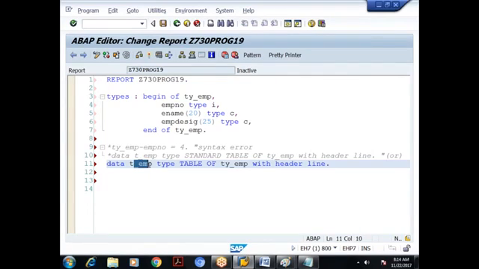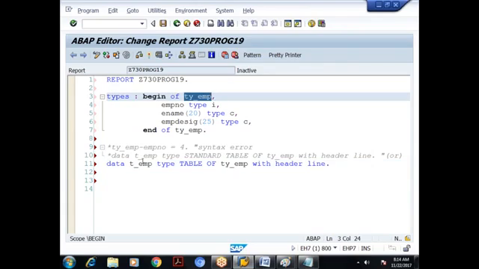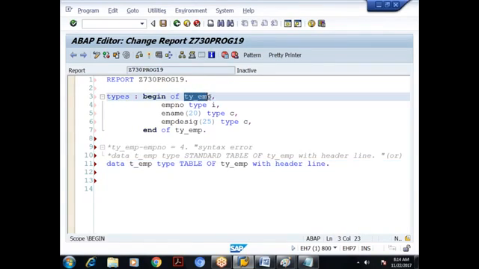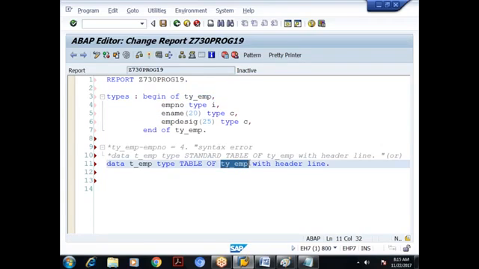This internal table is created based on TY underscore EMP only. If I give ABC here, I also have to give ABC.